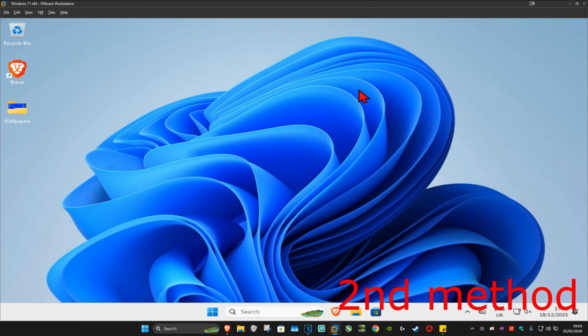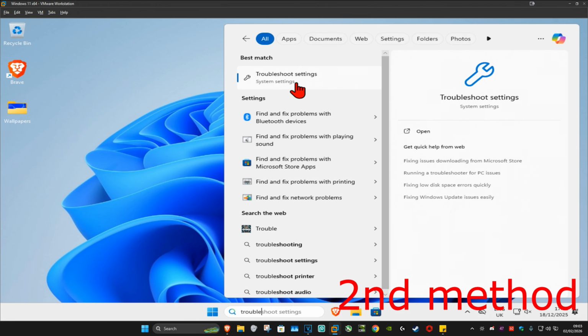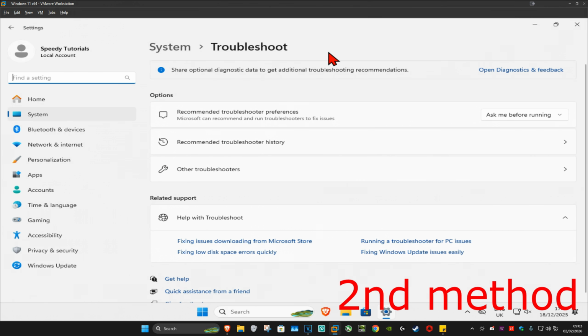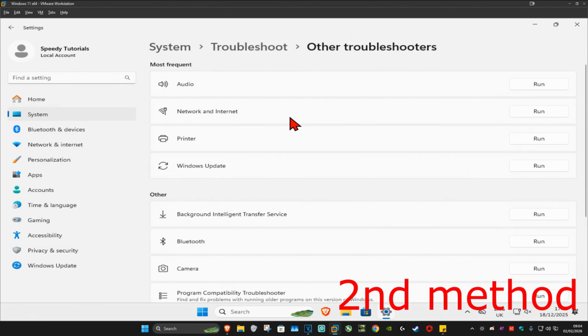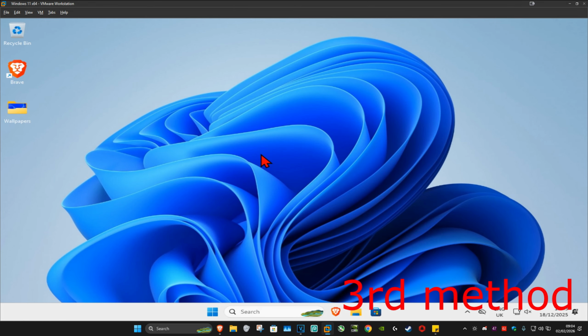For the second method, you want to go to search and type in troubleshoot settings. Click on it. And now once you're on this, you want to click on other troubleshooters. And now you want to find network and internet. Click on run. And now this will come up, the network and internet troubleshooter. If it detects anything, it will try to fix it for you. See if that works. If that's still not working, then for the last method, you want to go to search